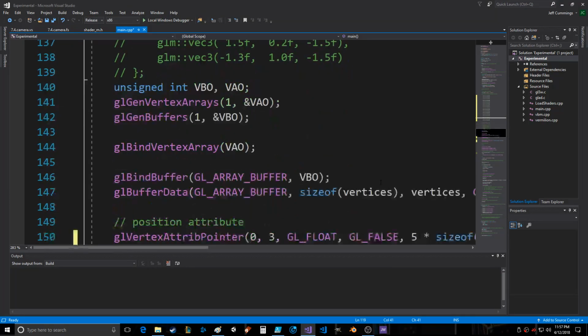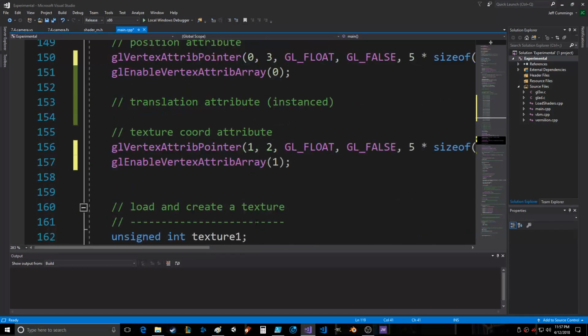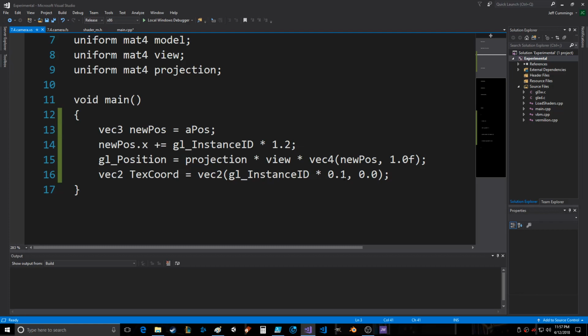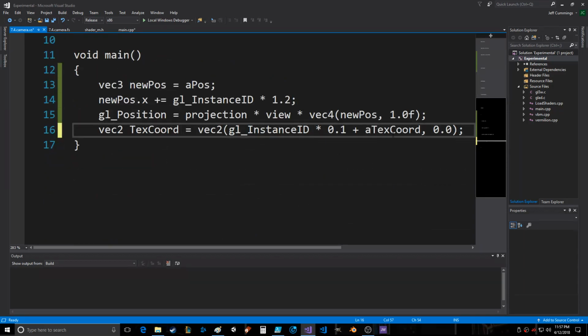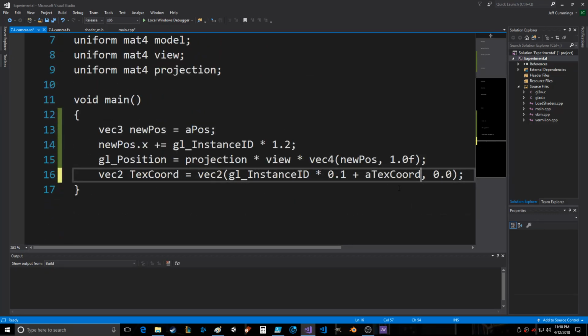Okay, so it's going to use the texture coordinate, and the stride is 5, and the stride is 5 down there, and it's offset. Okay, so I think we're good there. And then in here, texture coordinate comes in and it goes out. So texture coordinate equals gl_InstanceID plus a text coord. Each time through the instance loop, because it's going to run 10 times, that's going to be 0, and that's going to go from 0 to 1, 2, 3, 4, 5, 6, 7, 9. It's not going to get to 10. And then y is going to be the same. We're not really worried about the y coordinate, but it is going to be there. Okay, so that, and then out,